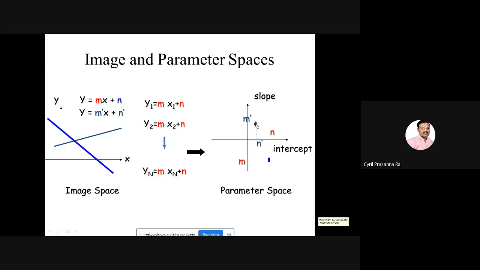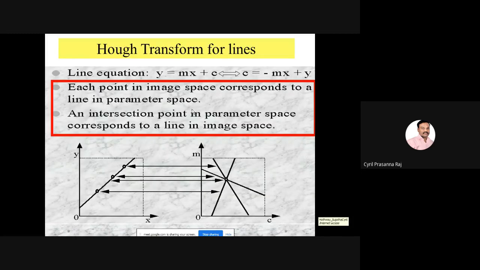See, this point corresponds to this straight line, and this point corresponds to the blue straight line. But the only difference is that here the axis parameters are taken as x and y, and here the axis parameters are taken as m and n. So now let us take this simple picture here. Here we find that